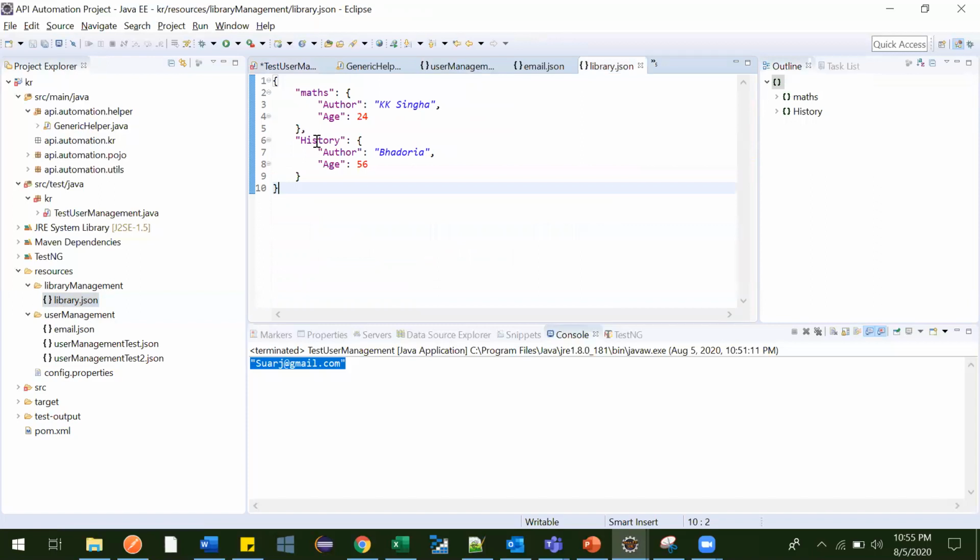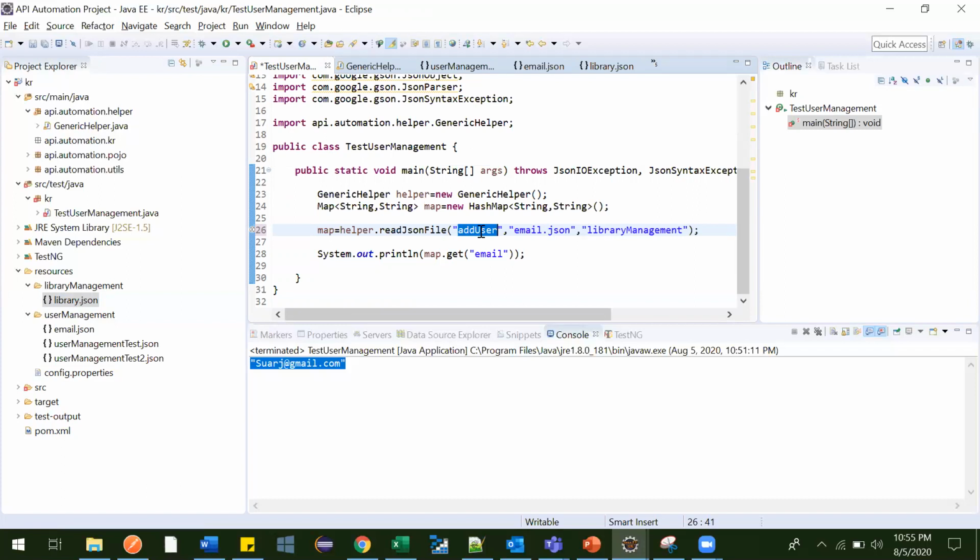So what is there is history. Let me go to the history method. So let's go here, and instead of add user, type history. Now in history we have library.json, right? So let me write library.json. This is what it is.